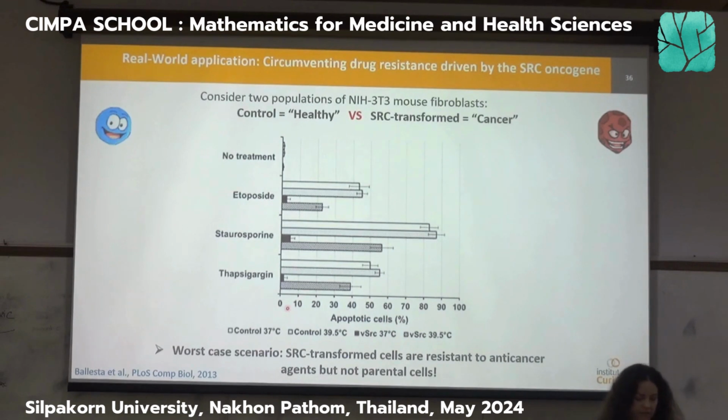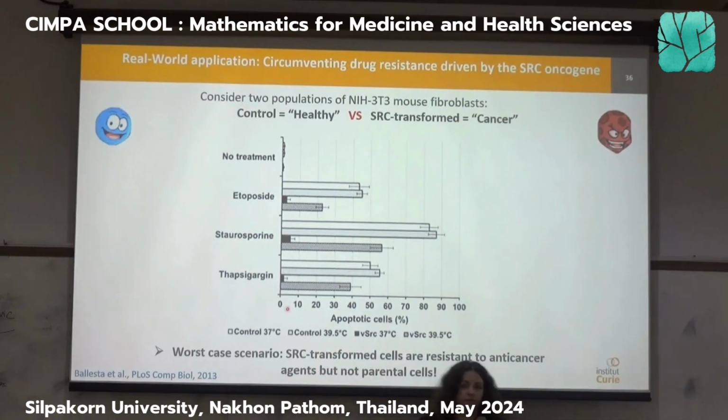So the question that we ask here is, can we use QSP, quantitative systems pharmacology, to actually reverse this situation and design a drug combination that does the opposite, right? This is what we want. We want to kill all cancer cells, we want the black bars to be here, and we want the white bars to be here. We don't want to have any side effects, we don't want to have any toxicity.